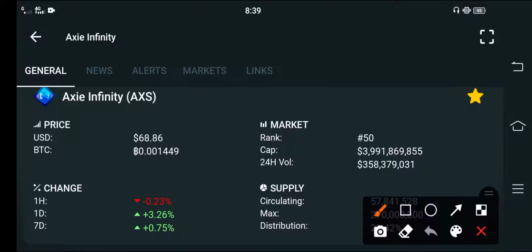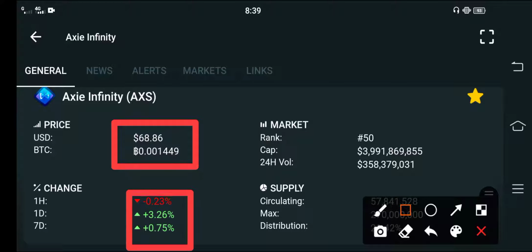The right now price of AXS Infinity in the market is about 68.86 USD. That is the right now price of AXS Infinity. Furthermore, guys, if we talk about the changes of AXS Infinity, the last 1 hour change is about negative 0.23% only. The last 60-minute update is negative, except for the last 60 minutes, the previous changes of AXS Infinity